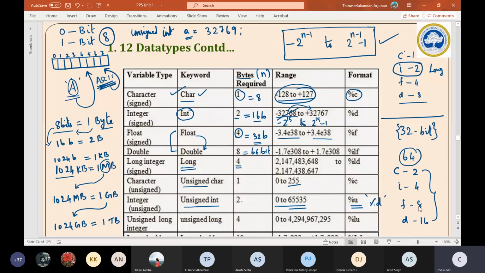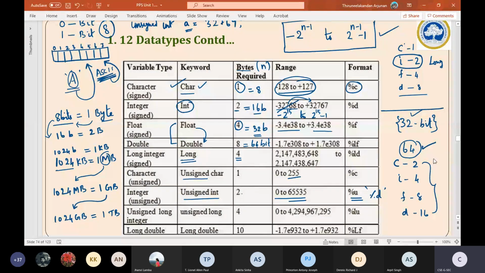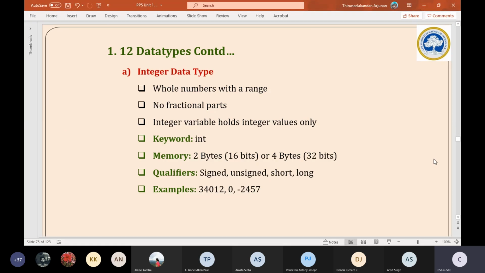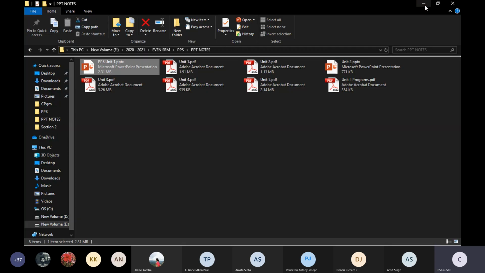So in the GATE exam, they will not give a very vague question. They will specify in a 64-bit processor or in a 32-bit processor, so and so question, what the integer size is. They will give it explicitly, so we do not need to bother about it. That's all, students. So this we will try to understand now. Let's stop here from the theory portion.